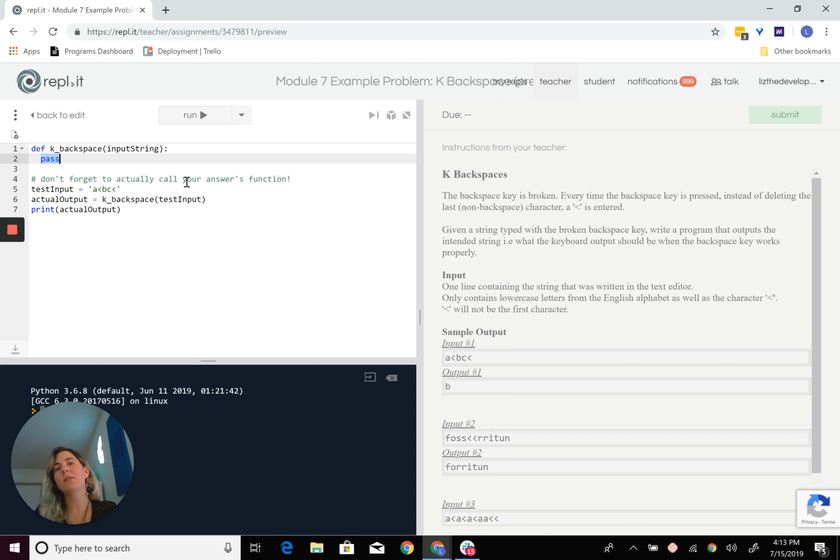The important part of using a stack for us is not the access speed. It's really about the dynamic that we'll use to solve problems. So let's show you kind of how we might use a stack to solve this problem. So if we look at the problem, the backspace key is broken. So every time the backspace key gets pressed, we get a greater than symbol. So given a string typed with a broken backspace key, write a program that outputs the intended string with the